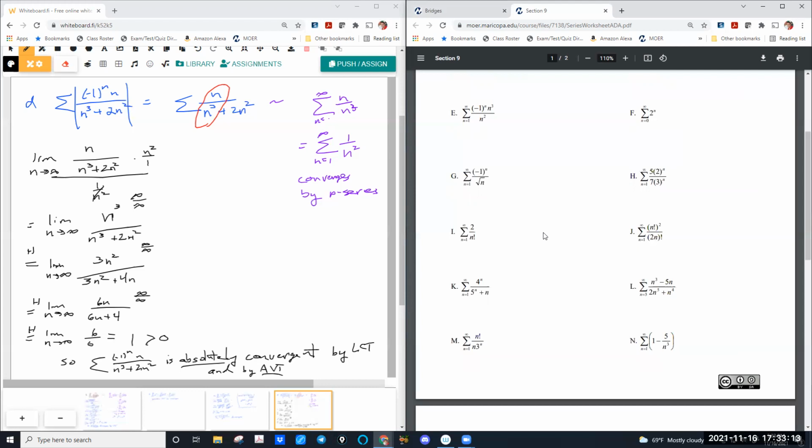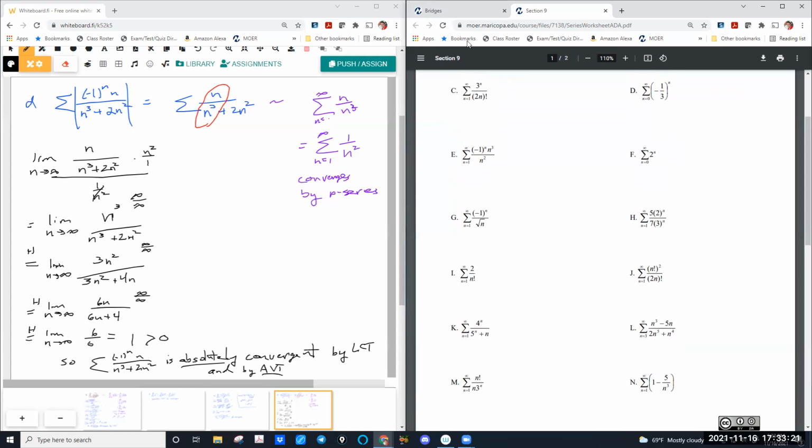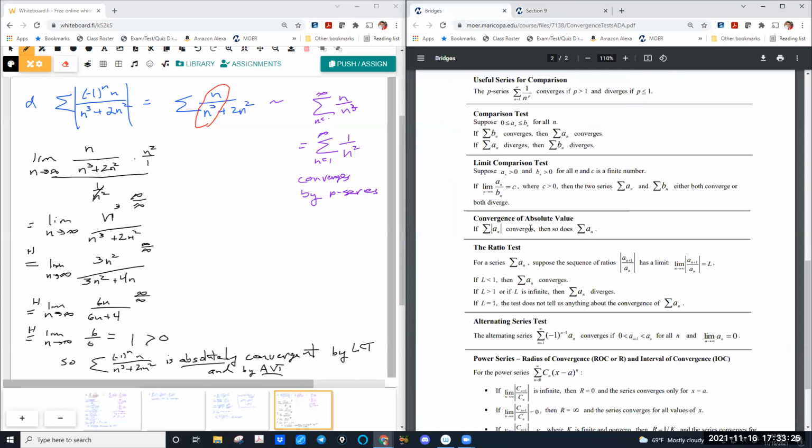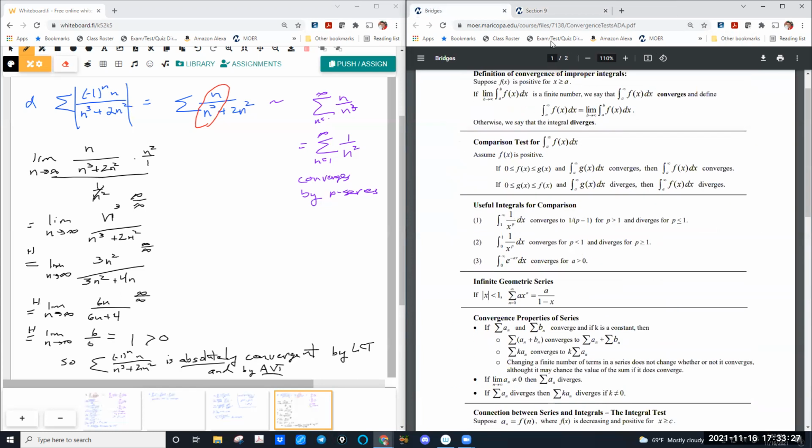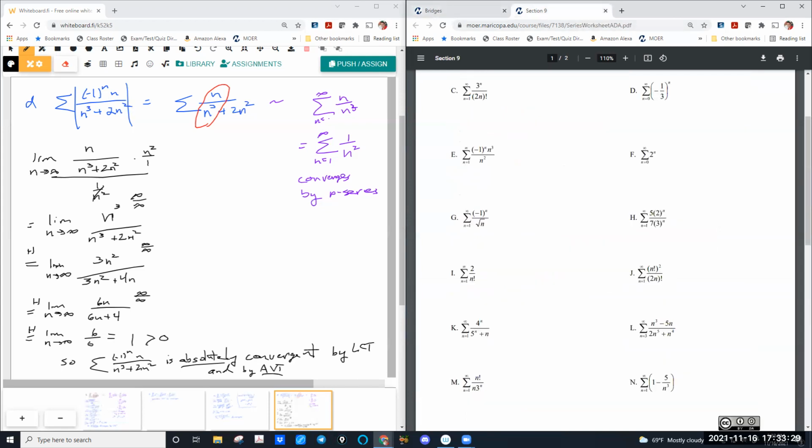Let me know how it's going. If you have any questions, if you think you got it and you want me to check it, totally fine. But I want to give you just some time to just play around with these with the worksheet, with the theorem sheet. Any questions about